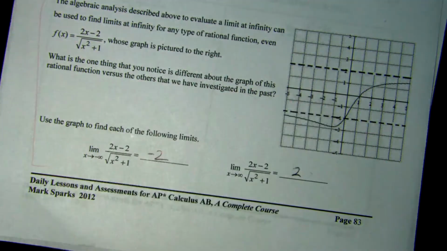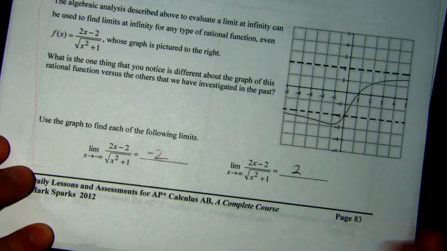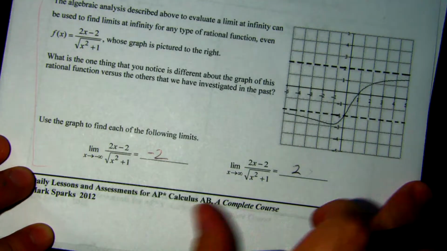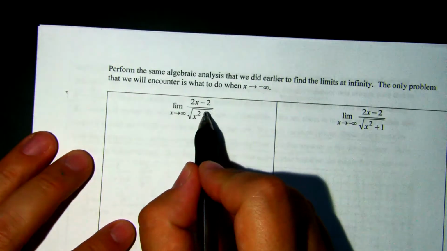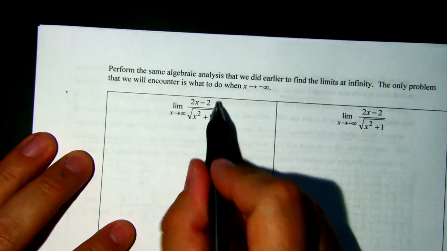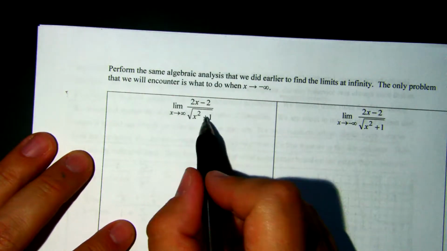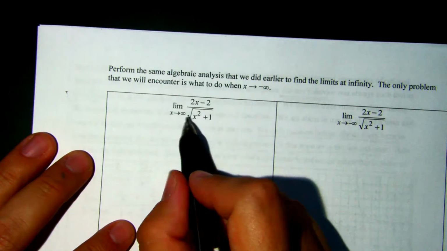Now, the details of when this happens and why are not really that important to us. We can just modify our technique a little bit so that we always get the right answer. So let's look at some of these problems. Here's the same problem, and we're going to try to do the same thing involving limits. Before, we would have said we'll multiply by 1 over the highest x to the highest power in the denominator. Well, here it's not clear what the highest power is. You've got x squared, but it's inside the square root